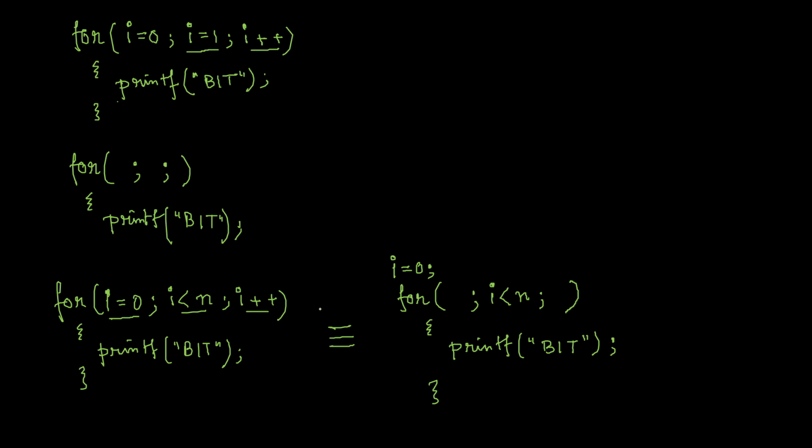But in this particular situation I don't want that, I want a proper loop which will end at some point of time. That means somehow you have to change your content of I. But since I don't want to write in the third place, what I can do, after printing this bit, I can change my variable over here.